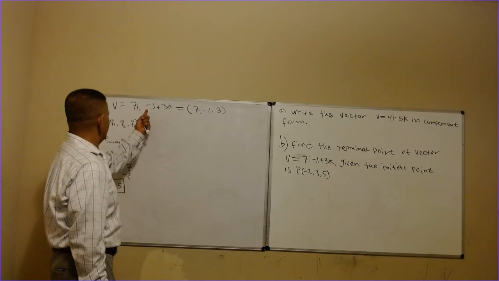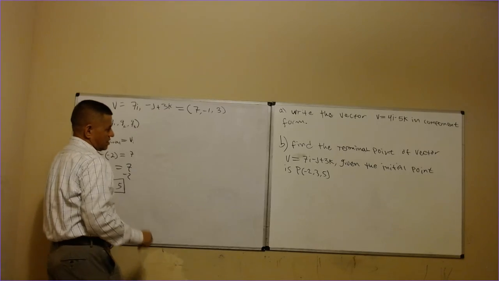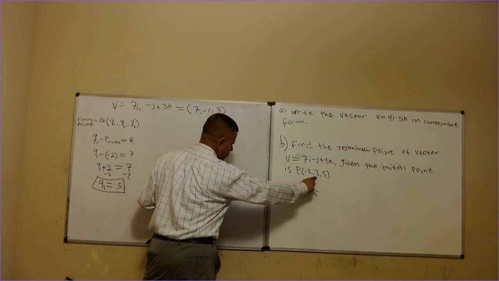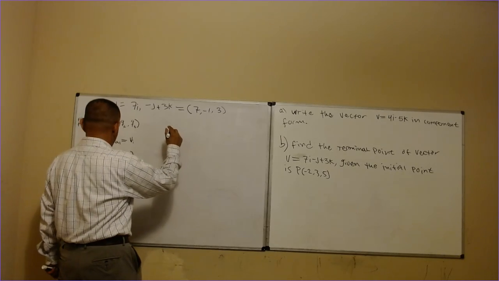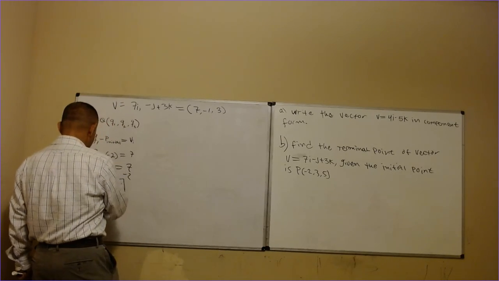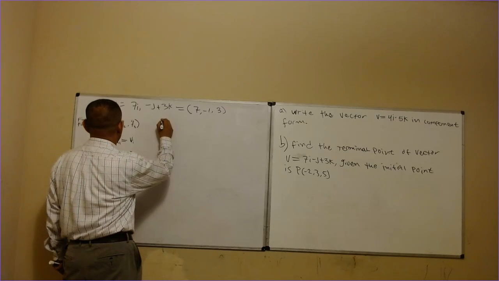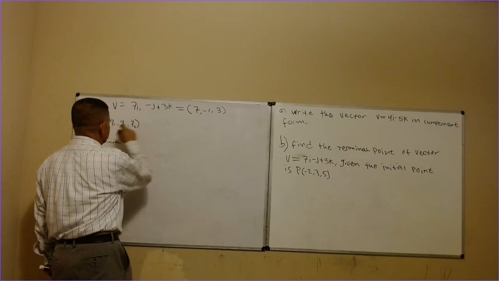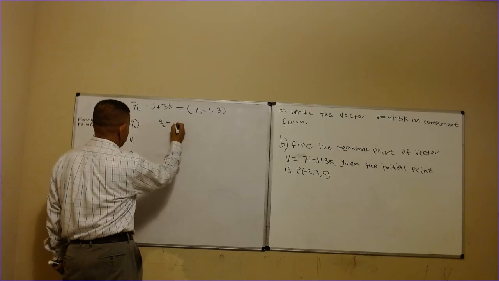Now, let me do J, right? Let me do component J. And the point given was 3, right? So now, let's do this. So now we're doing Q2. So Q2 minus